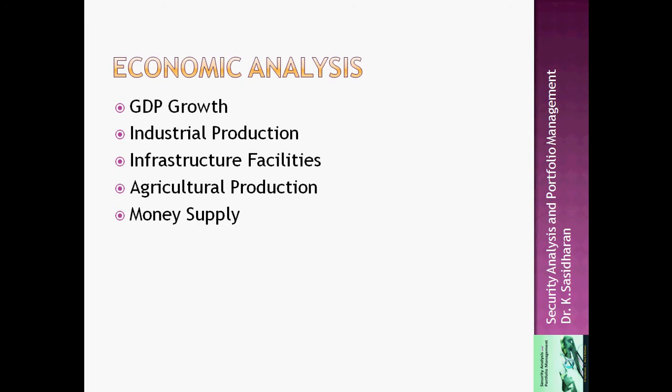Broadly speaking, M3 covers the net bank credit to the government by RBI, bank credit to the commercial sector, net foreign exchange assets of the banking sector, the government's currency liabilities to the public and banking sectors, net non-monetary liabilities, etc. Now M4 is M3 plus total post office deposits. So this is the general structure of money supply in a country.